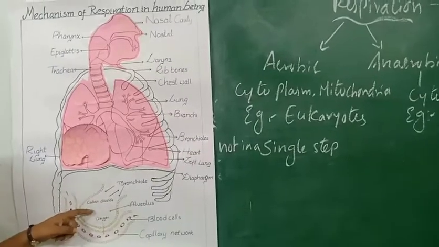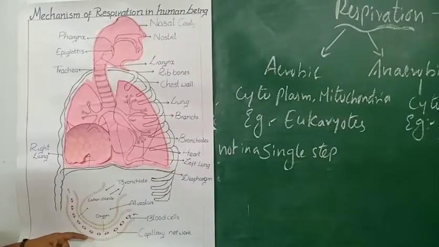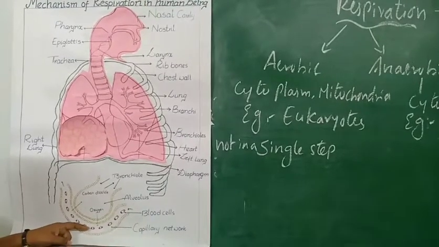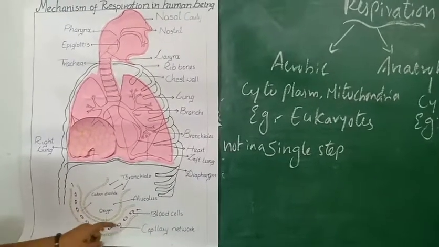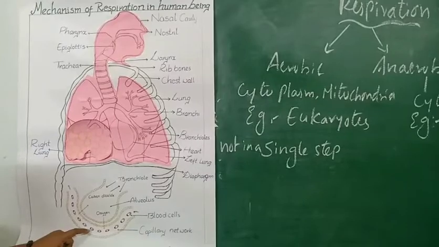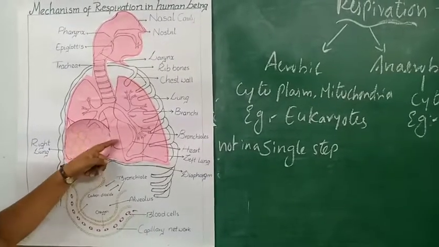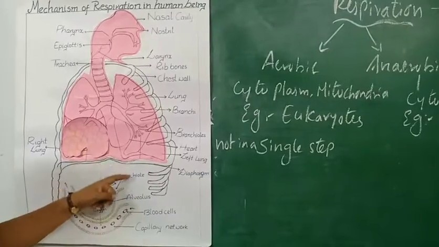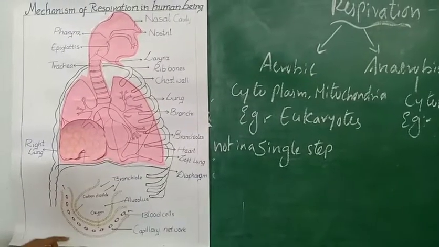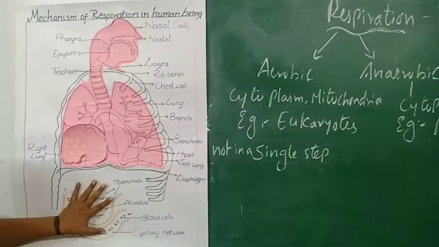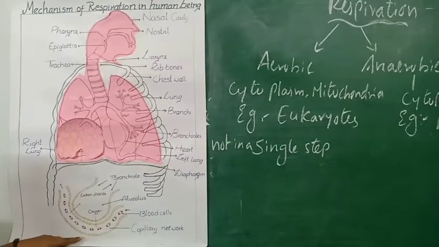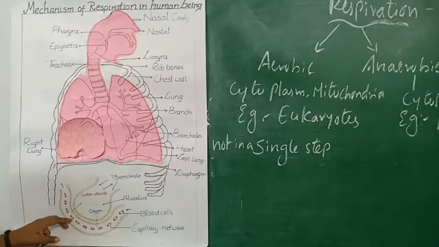So naturally, oxygen diffuses from the alveoli to the blood, and when oxygen diffuses into the blood capillary, the blood changes into bright red color. This bright red blood returns to the heart, from where it is pumped to the body parts, which helps to carry out the process of respiration. In this way, the alveolus is the structural and functional unit of the respiratory system, which helps to carry out respiration.